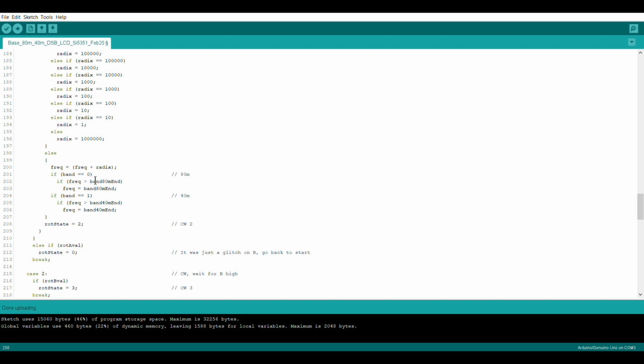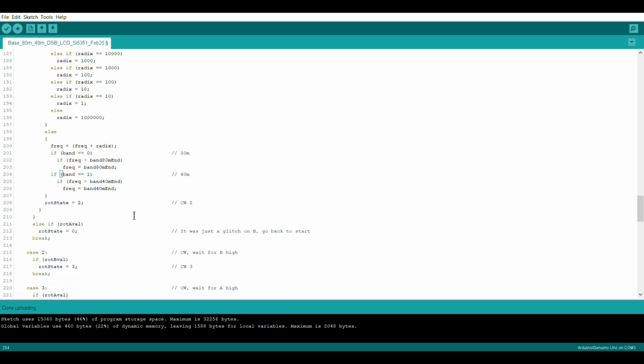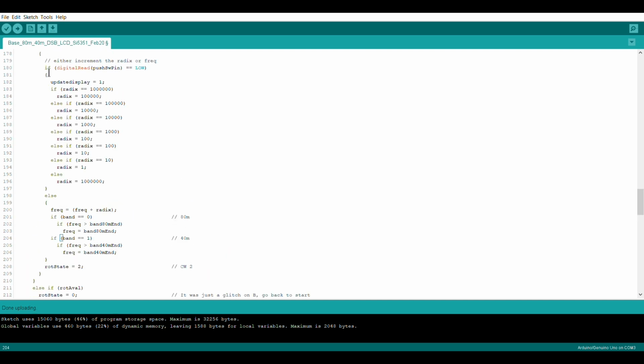So if the band equals 0, in other words in 80 meters, it does a quick check. If the frequency has gone beyond or is greater than the 80 meter end limit, or 3900 kilohertz, the frequency will equal 3900 kilohertz. It just hits a wall and won't go any further. If the band was 1 or 40 meters, then it does the same test, but it's using the 40 meter limits. And that's it. So that's all that happens if the rotary encoder is moving